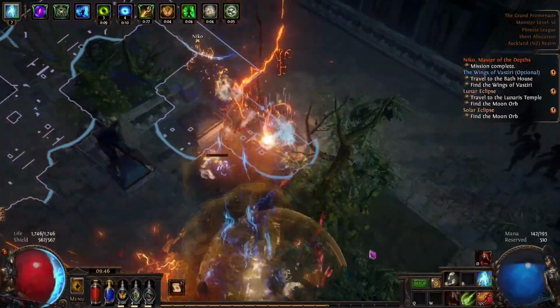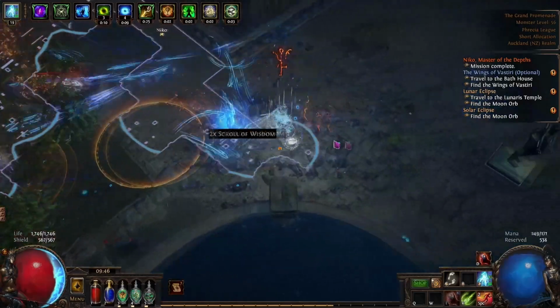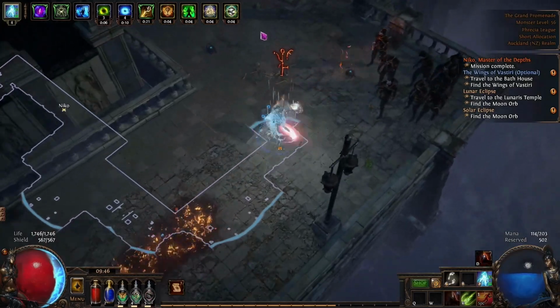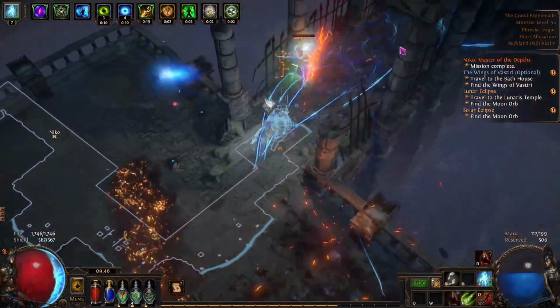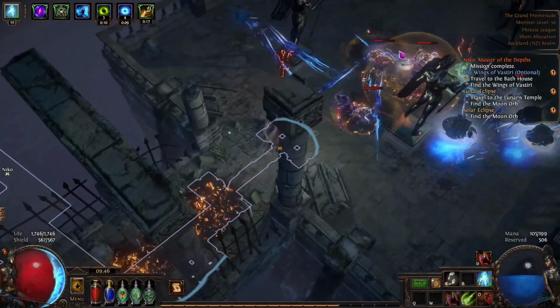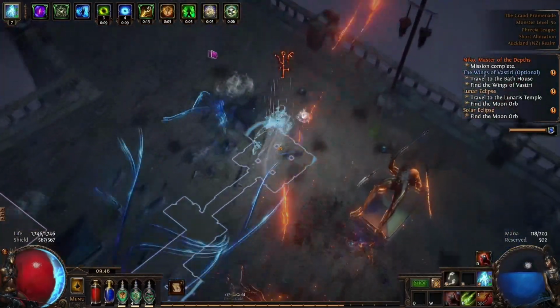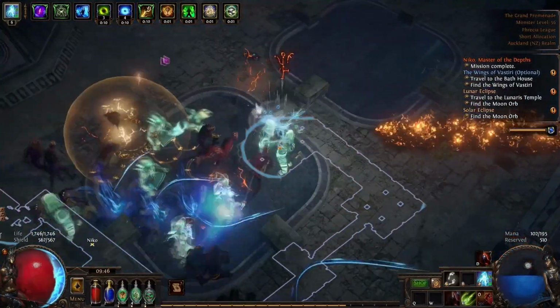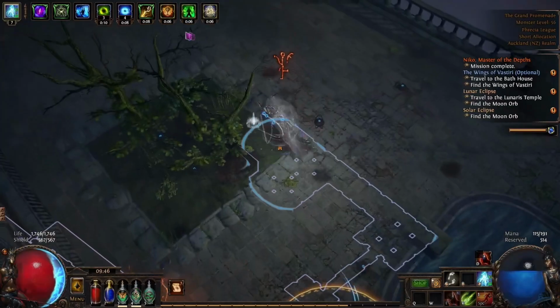sacrificing mobility. As far as our main pros and cons go, our pros are exceptional clearing speed, high critical damage and excellent mobility. It also benefits from a flexible gearing process due to multiple viable wand options. While for cons, we are relatively squishy against heavy physical hits and chaos damage if proper gear or flasks aren't